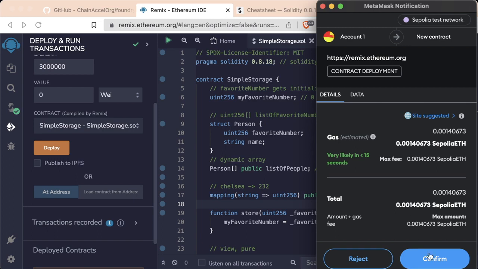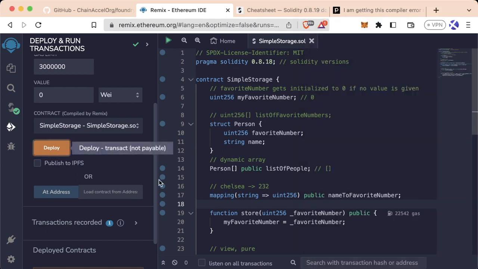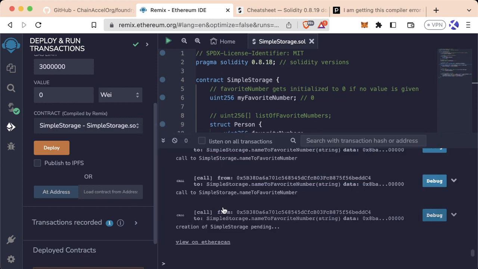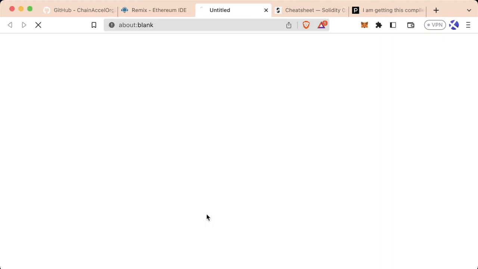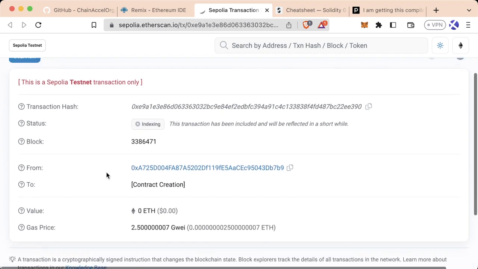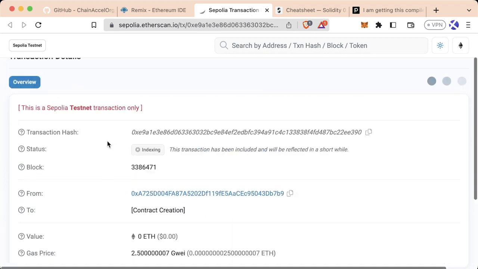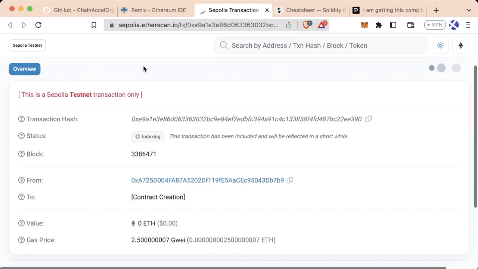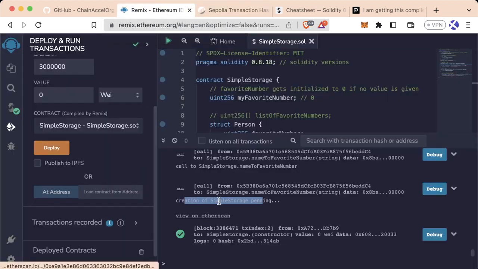To actually deploy this, we're going to go ahead and hit the confirm button, and now we're going to have sent our function. If you have the terminal up, you can see we have this call created, and it says creation of SimpleStorage pending with this view on Etherscan button. If you click the view on Etherscan button, you'll get brought to this Etherscan page with this transaction going through on Sepolia. You'll see it's currently being indexed by Etherscan, but there's a good chance it already went through. And back in Remix, it actually goes ahead and gives us this green check mark saying that we did indeed